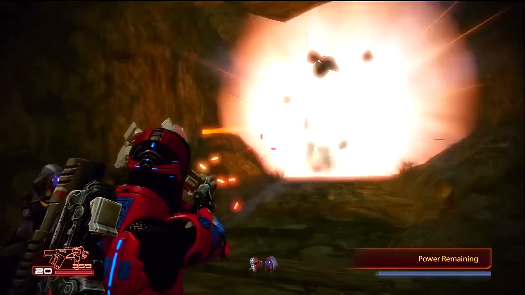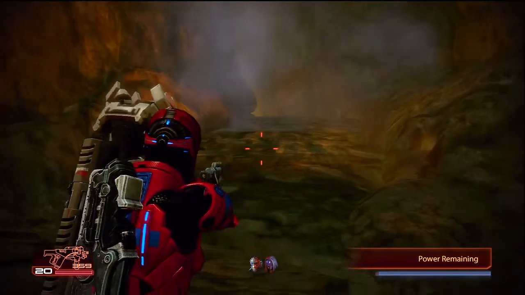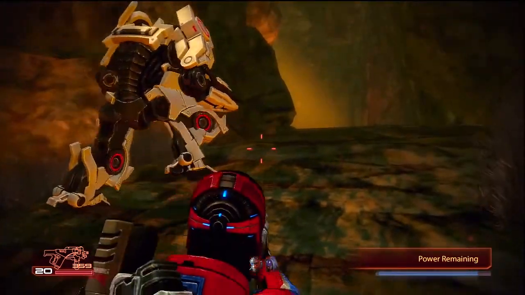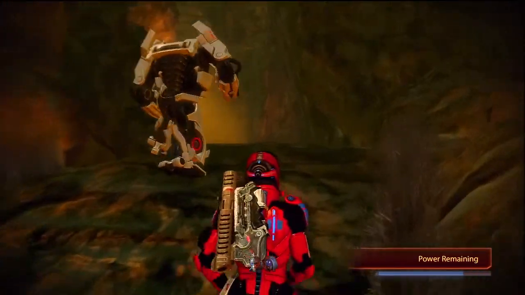It'll smash through that wall. And now we proceed along the way. It will just proceed in a linear fashion, and you just occasionally need to pick up power cells and slap them in it. And as such...